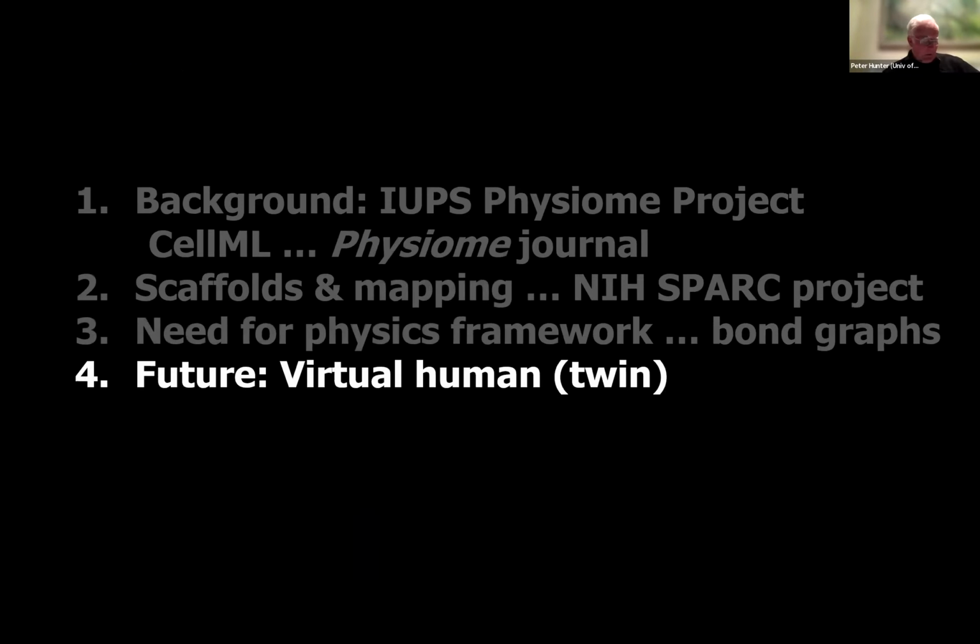Okay, and then the last thing I want to talk about is just the process of using that multi-scale framework for virtual humans. And I think, really this is about taking the Physiome project into the clinic and personalizing it much more. So very much the ideas that are now being driven through the European Commission and the EDIS project that Lies will talk about, but also a lot of interest, I think, in the US, increasing levels of interest in the US in having a virtual physiome or virtual human project.